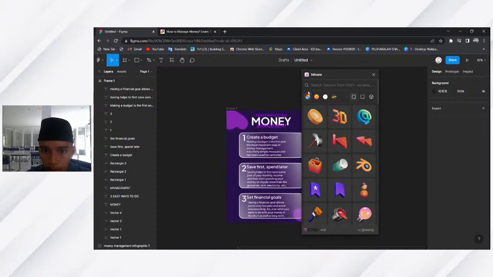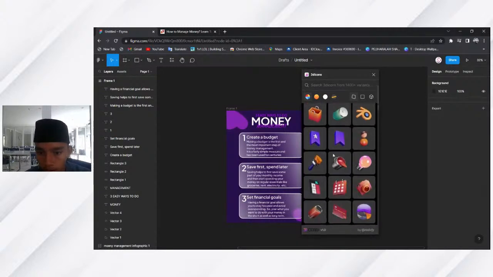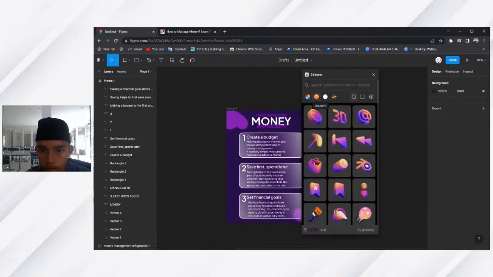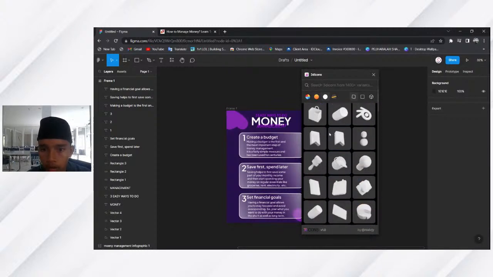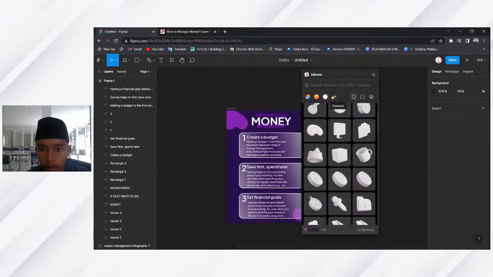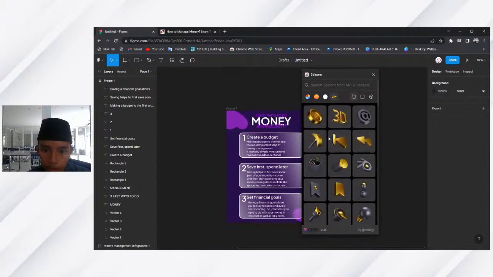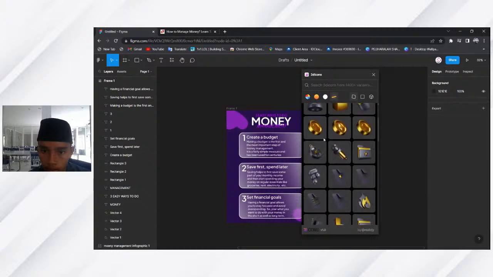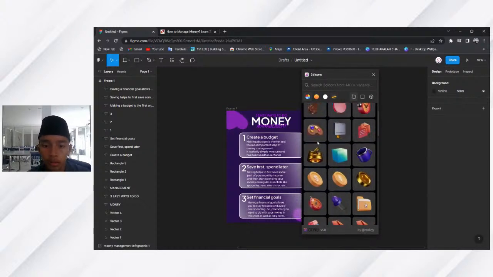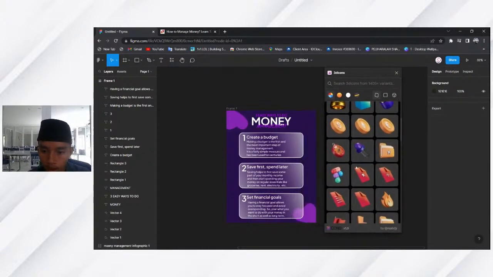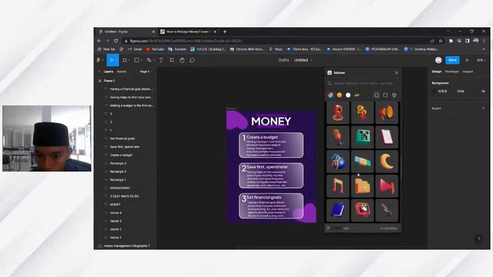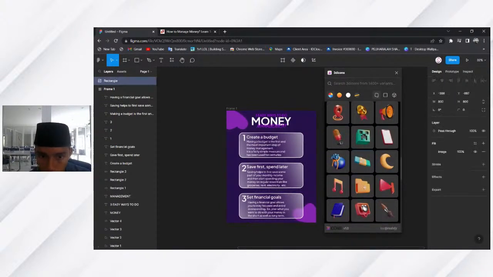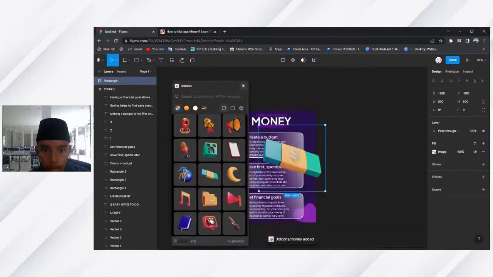So you guys can pick between the ones with color, the one with only gradients, the one with no texture at all, or clay. And for the premium ones, which is basically black and gold. But here we're going to use the colored one. And now for the background, we're going to use the money one right over here. So press that once, and there you go.